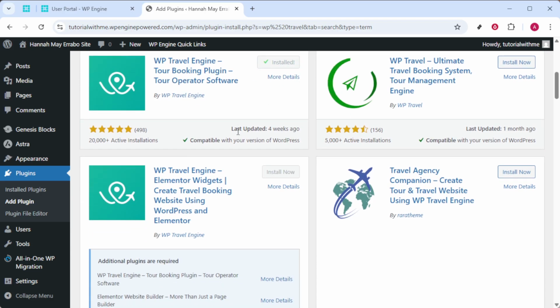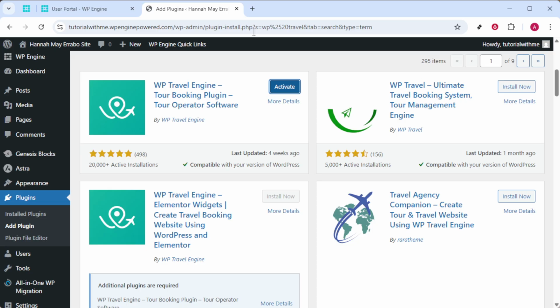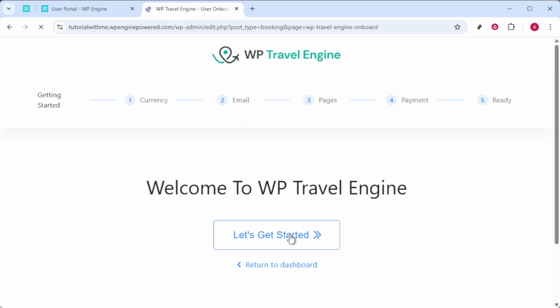On the dashboard, click on Trips and then select Add New. This is where you get creative. Upload your trip title, fill in the description, add images, set the price, and outline the duration of the trip. Don't overlook assigning a destination or trip category, as it helps in organizing and optimizing your listings for potential